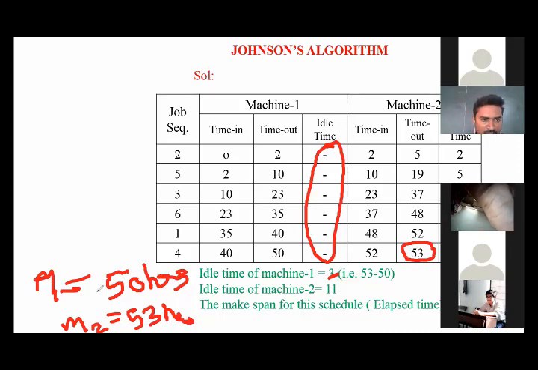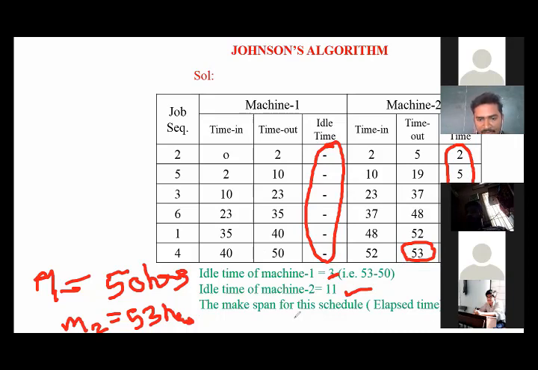So here we are going to take the difference between mission 2 and mission 1. The difference is 3 hours, so we add 3 hours to this idle time. The same I mentioned here. Then the idle time of mission 2. And here we take the sum of these idle times. The sum is 2 + 5 + 4, which is equal to 11. The same I have taken here as the idle time of mission 2.